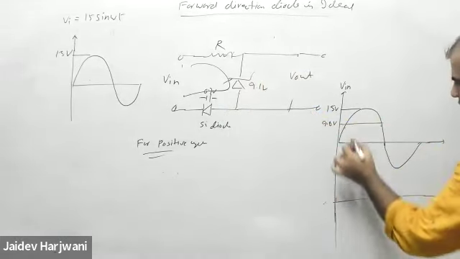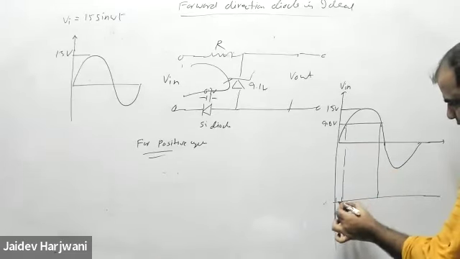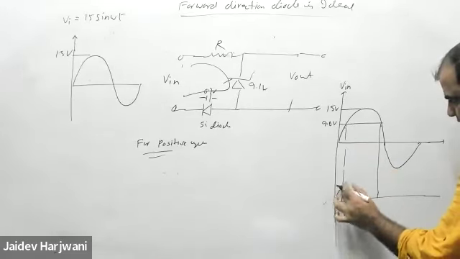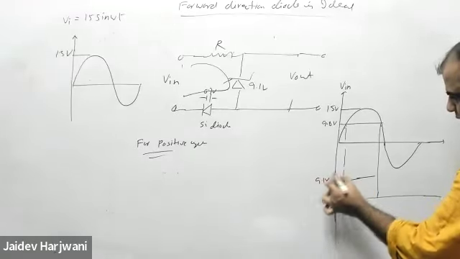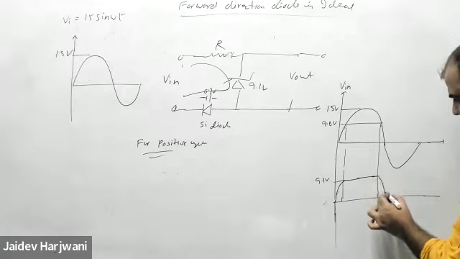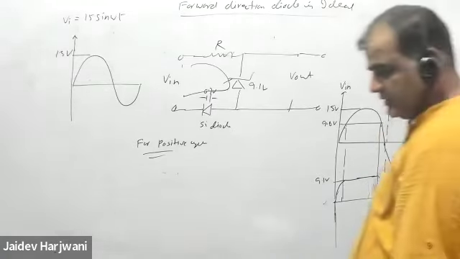So basically, your output should come like this. Then it should become fixed to 9.1 volt, and this should come like this. If it is open, this should come like this. But